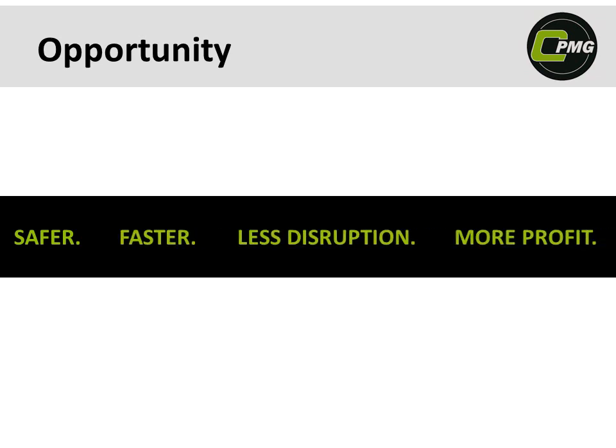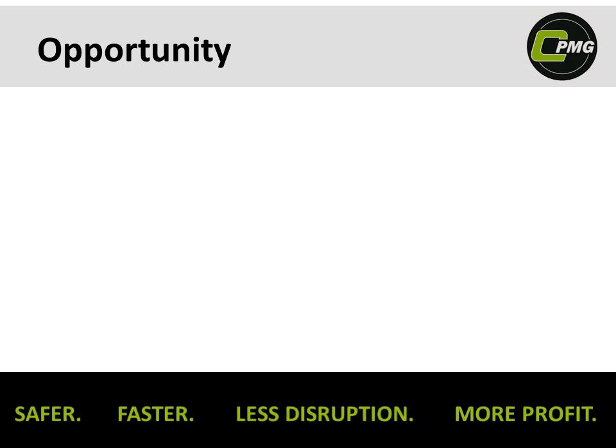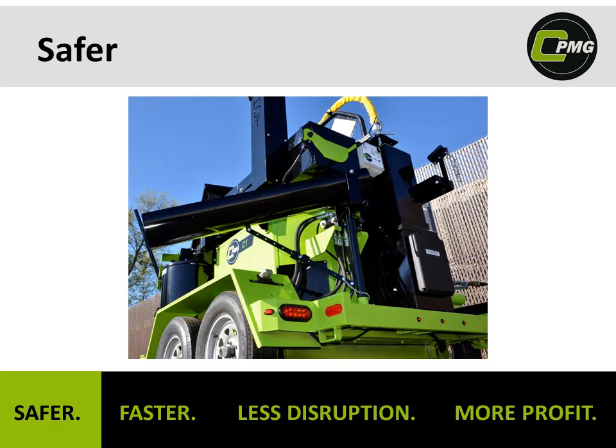So how does the C1 take a great solution like mastic sealant and make it better? The C1 makes solving pothole and crack sealing problems safer, faster, less disruptive, and more profitable. The C1 is safer in many ways. First, just like the M-Series melters, it has best-in-class lowest load height and lowest sound level